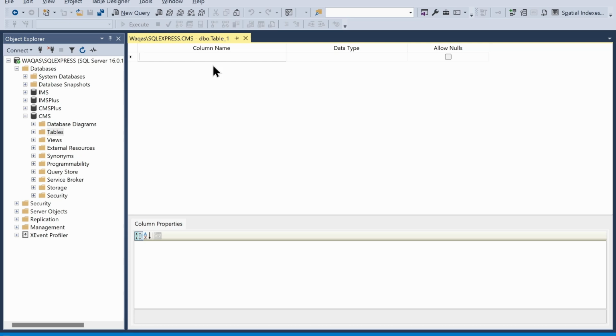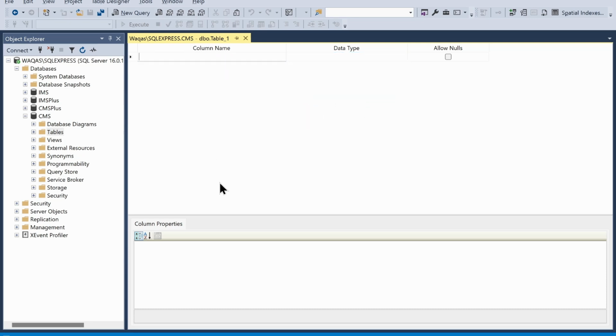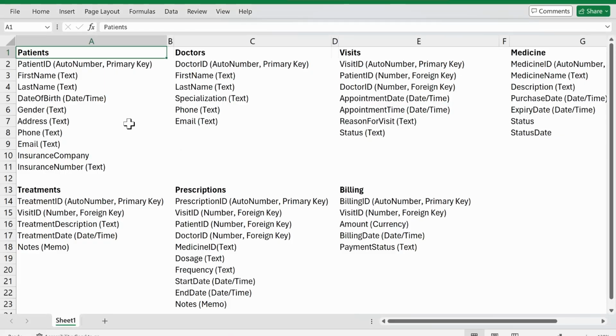So we'll give the column names and data types. There are a couple of data types in here which are frequently used, and there are a few data types that I personally have never used. So I'm going to use only the data types that are actually used very frequently. So now let's give in a column name, the first column name, and we are going to start with the